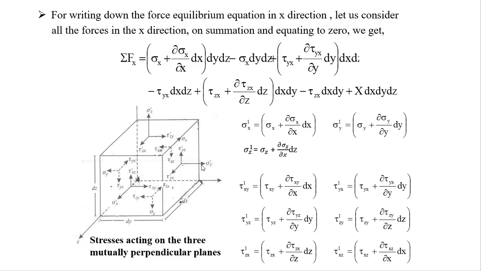Similarly, sigma y dash has been given here, and tau yz dash and tau yx dash have been given here. These 2 values we can see here, and there also shear stress will be present. At this particular location it is tau yx and tau yz, but when it moves in this direction, at the depth of del y, there will be a change of the stress. The increase of the stress will be dou tau yx by dou y into dy,